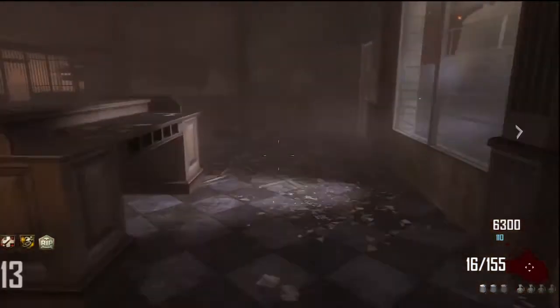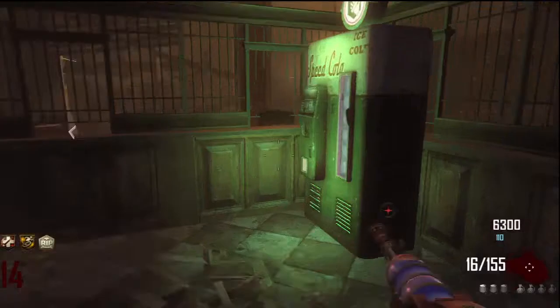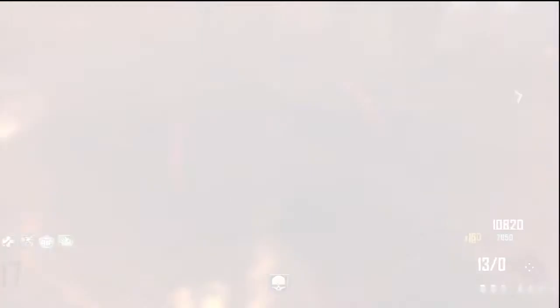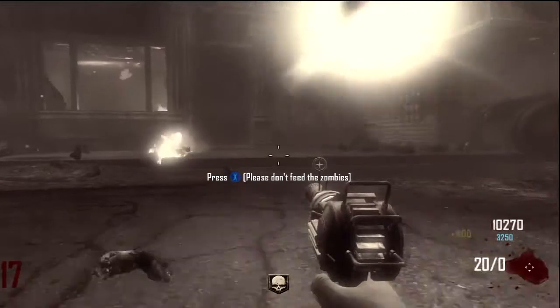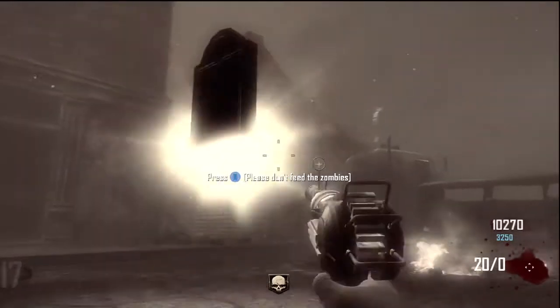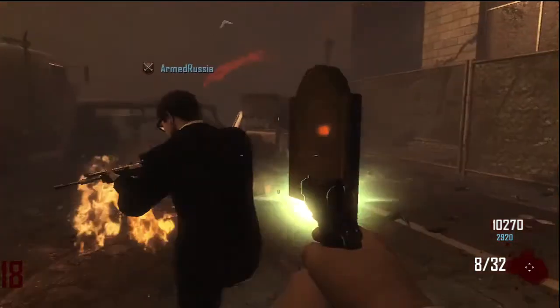Exactly what it does is, when you go down, you're given the opportunity. It will say on your screen, to the player that went down with Tombstone, press X. Don't feed the zombies. Please don't feed the zombies. I know it's kind of weird, but essentially it's pretty much a coward's way out of going to last stand. You pretty much sacrifice yourself, and if you're brought back, a tombstone will appear exactly where you died. It will look like a power up,